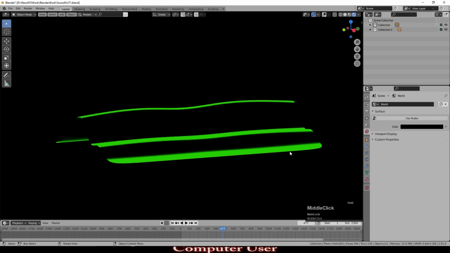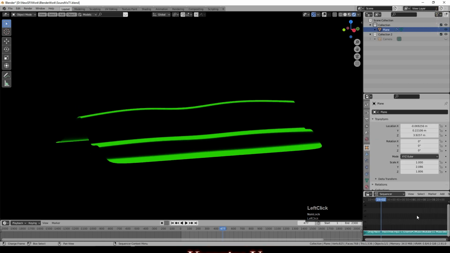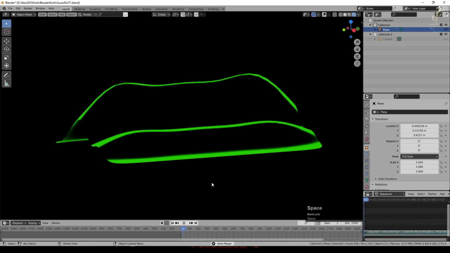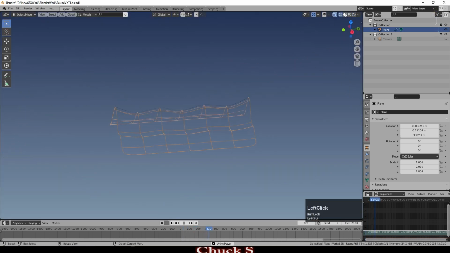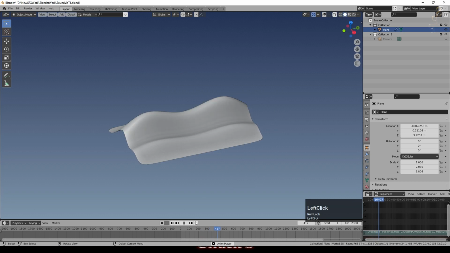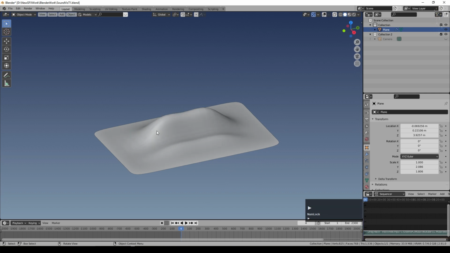So this particular animation, I'm just going to open a new window and set that to the video sequencer and just silence the music for a moment, and you can see the sound being visualized there. And if we just look at this without rendering it, I'm using Eevee, you can see what's going on. And I've done a couple of little things here which I will demonstrate how to do, but you can see we've got a peak starting in the middle, and then that starts to go down, and then a peak appears